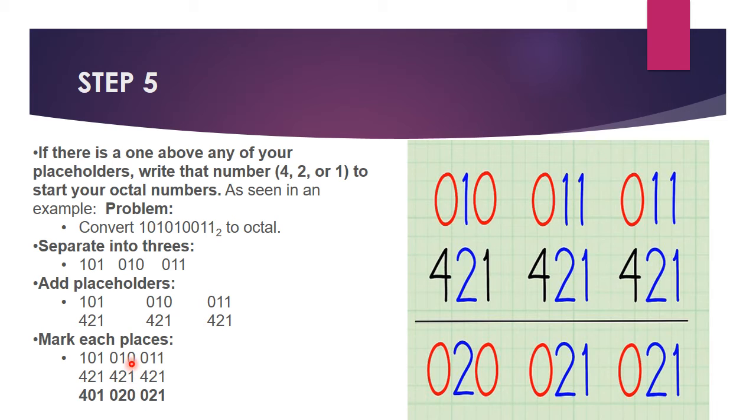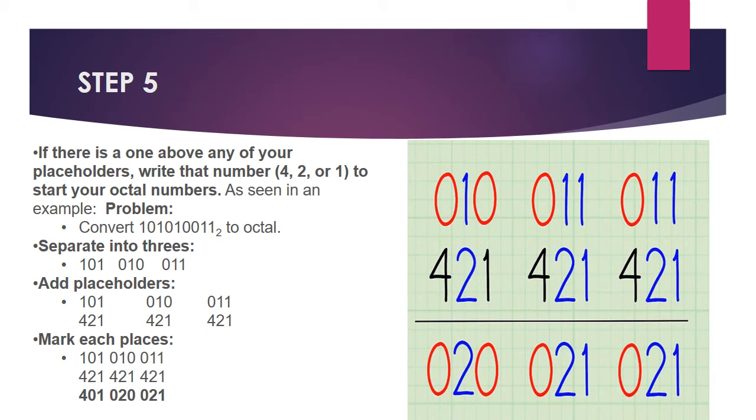And now below this 0 again it is 0. Below this 0 you are also having 0. And now below this 1 you are having 2, so that's why you are writing 2 over here. And now below this 1 you are having 1, so write 1. So here 0, so 0. Here this 1, here you need to write 4 only, eh? So now I hope your doubt is clear.